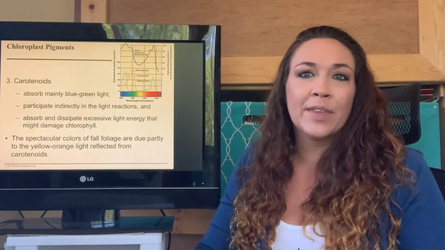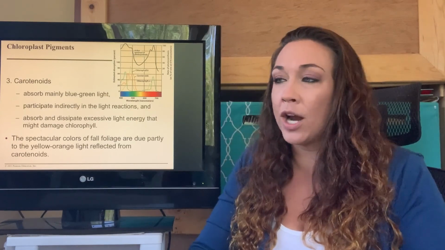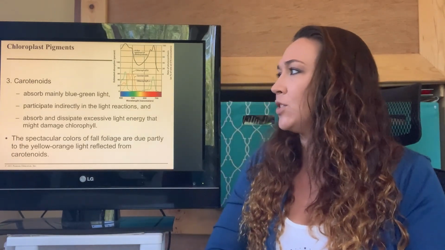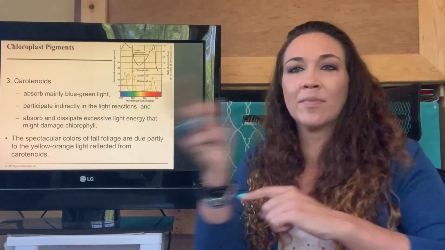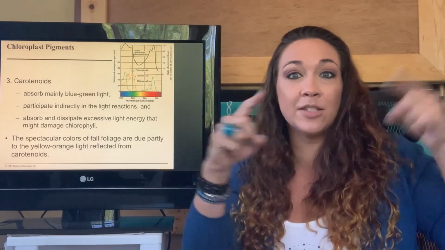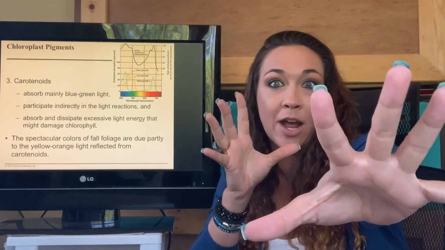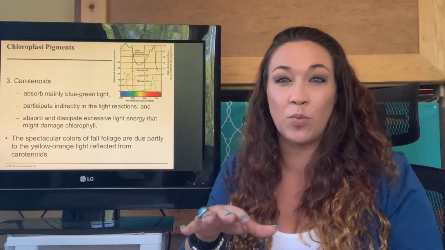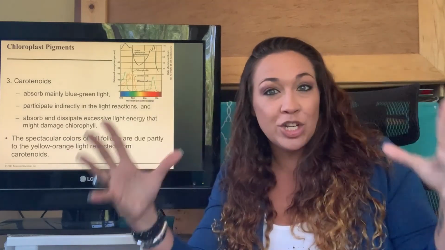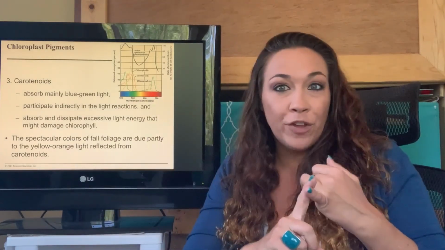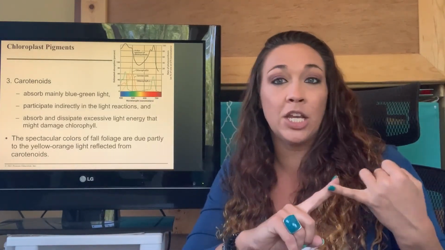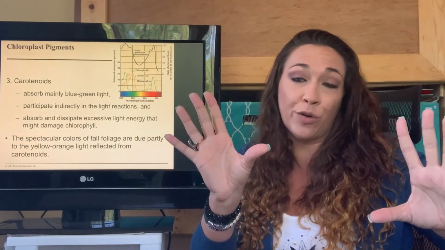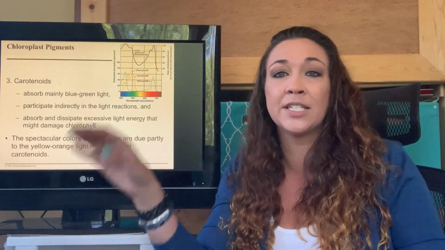Now, carotenes or carotenoids are another pigment that is used in a plant cell. Now this is actually, I said chlorophyll B does this. This is carotene. Just kidding. Scratch that. Reverse it. Again, we're not really going to be getting super into detail on each one of these individual pigments. You just need to know that there are pigments. So chlorophyll A, directly involved in photosynthesis. Chlorophyll B, kind of like the backup, was like, hey, I'm going to support you, chlorophyll A. I'm going to help you do photosynthesis.